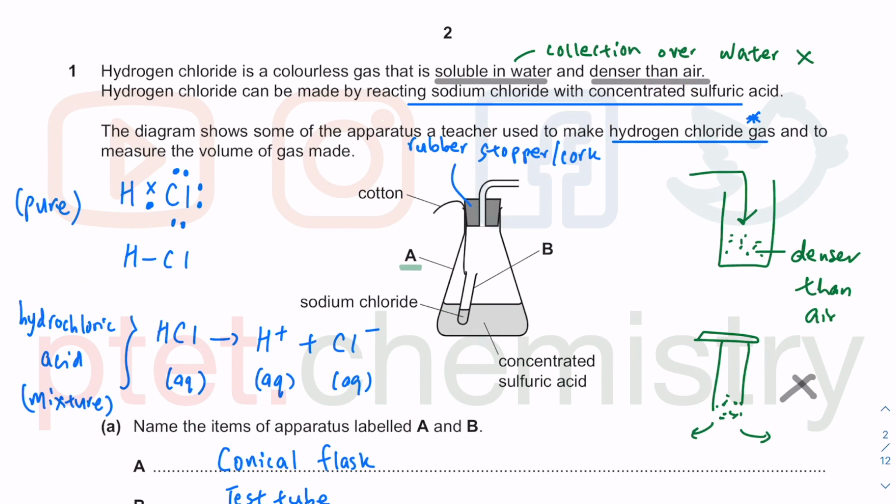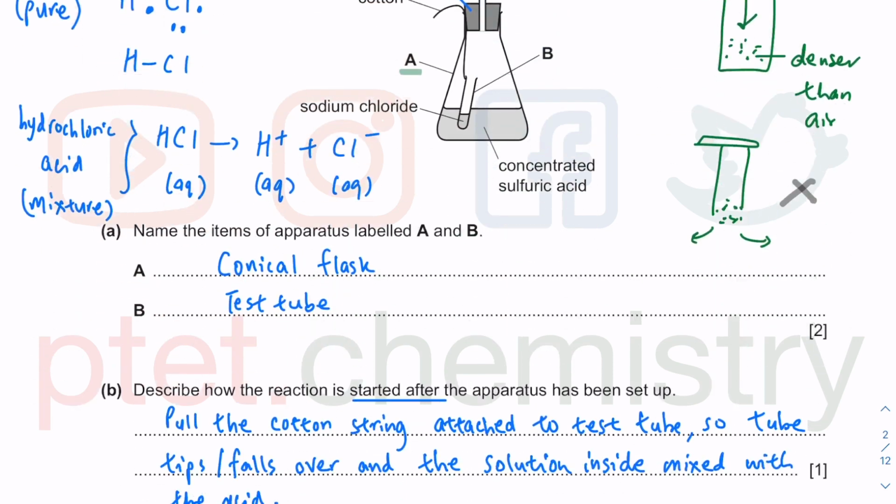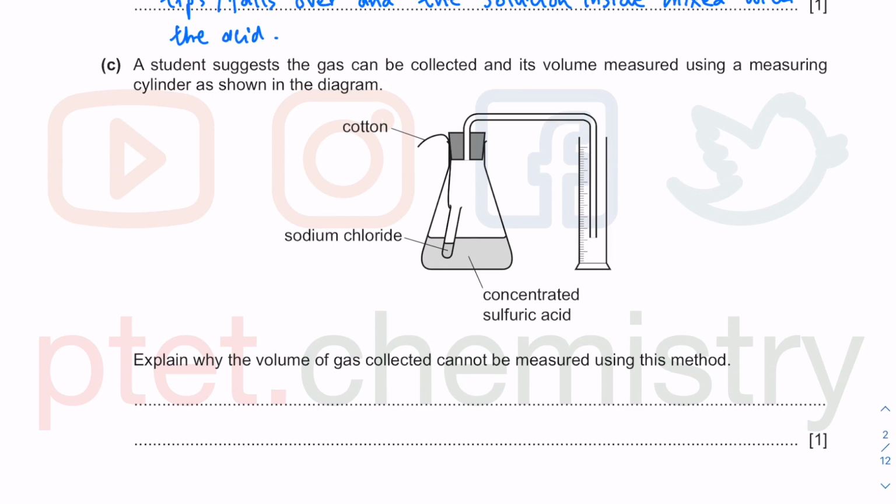So we said that this method is not suitable, but this method is entirely suitable there, because it's denser than air. However, having said that, that is assuming you can see the gas, but we have a big problem. Our problem is explain why the volume. You can collect the gas, there's no problem, but if you can't understand the question, the volume of gas collected